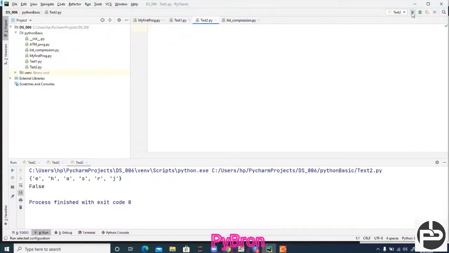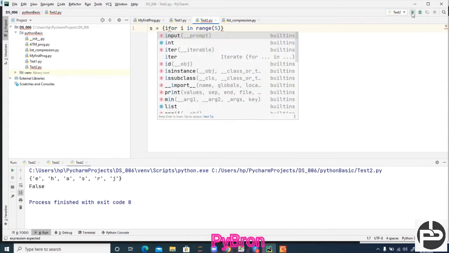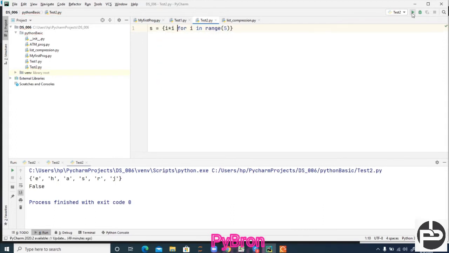Try to understand here. Suppose S is equal to, in case of list comprehension, we used to use square brackets like this. But in case of set comprehension, you should use curly braces. Now, for I in range 5, because I need the squares of numbers between 0 to 5, and we write I into I, that's all.